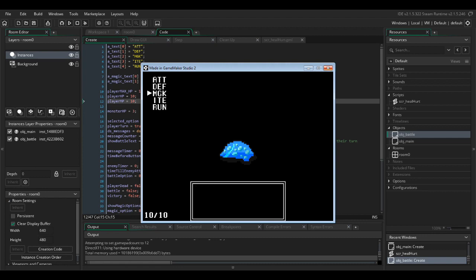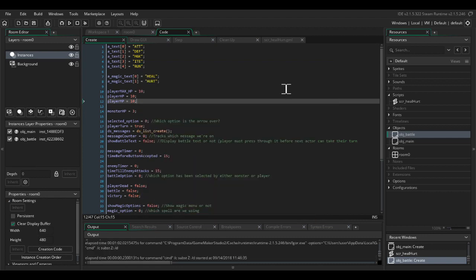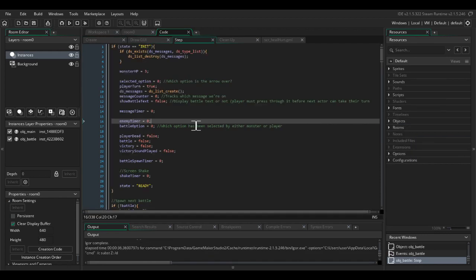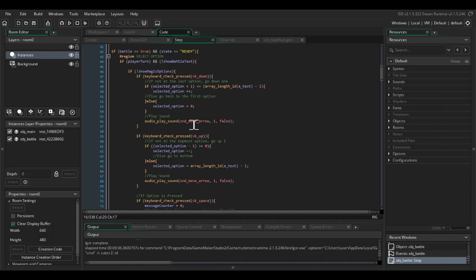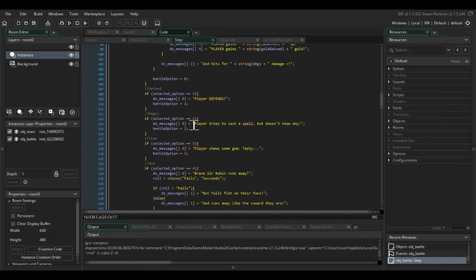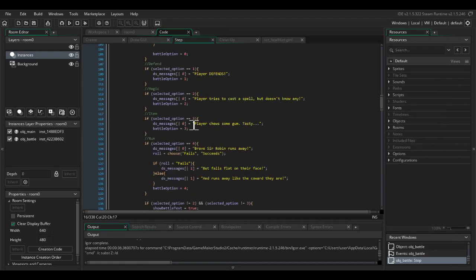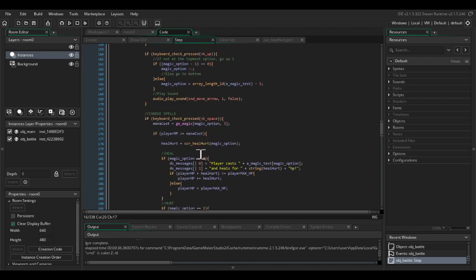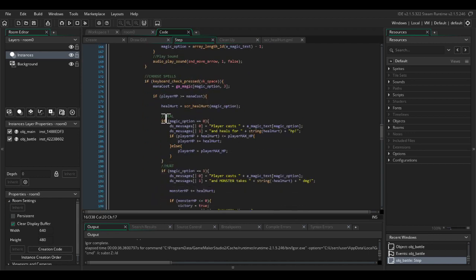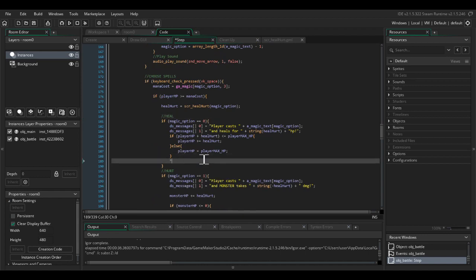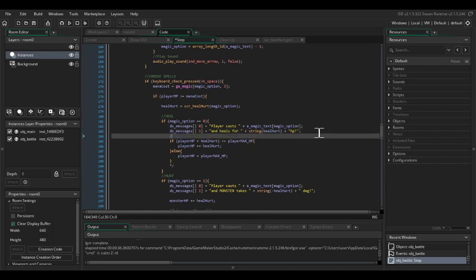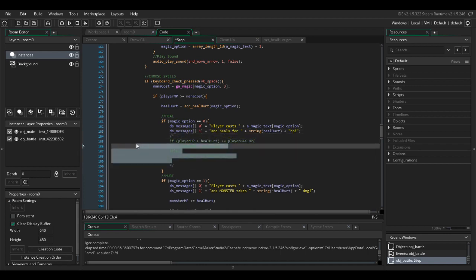Cool. The only thing I don't like about that is that we got our hit points back instantly, and I want it to happen on the actual message where it says player gets his hit points back. Alright, so we want to scroll down to where we heal the player. In this bit where we have heal, we're just going to comment out this for now. Copy and paste this code,